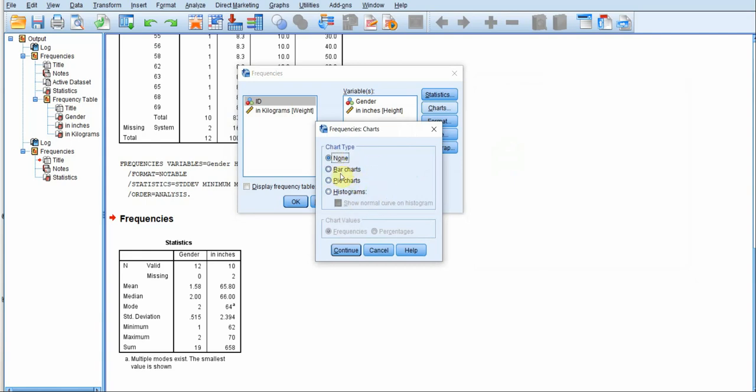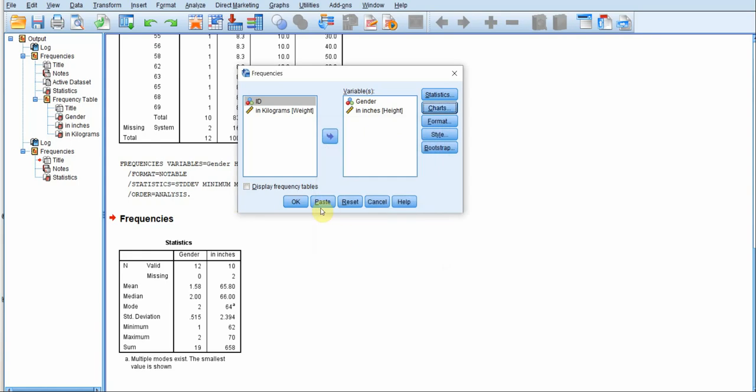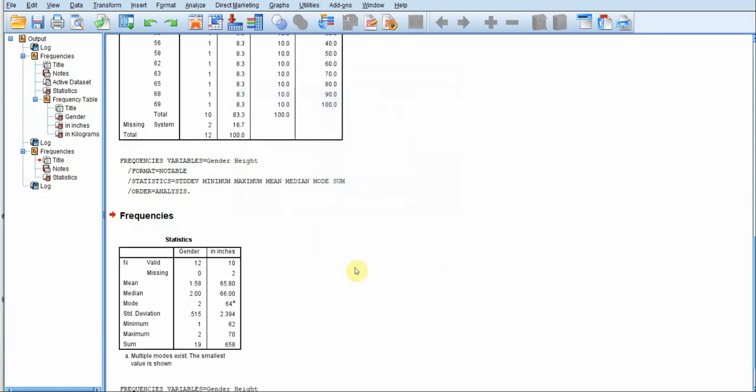Let us first select the bar chart. Now in bar charts, it will ask us whether we want the chart values to be displayed with respect to frequencies or percentages. So what is it that you want to show? Now suppose we select percentages and click on continue and OK.